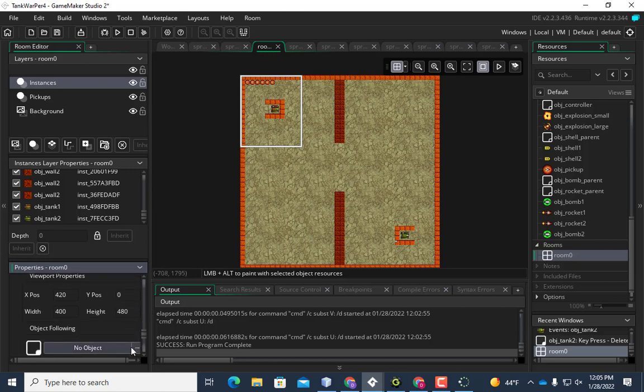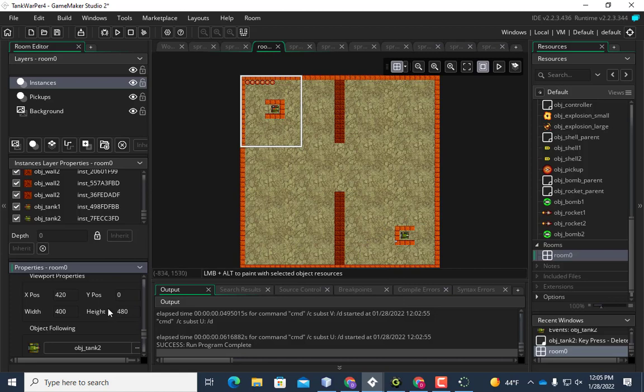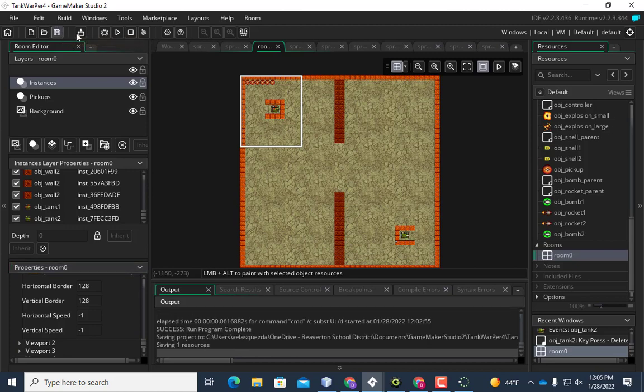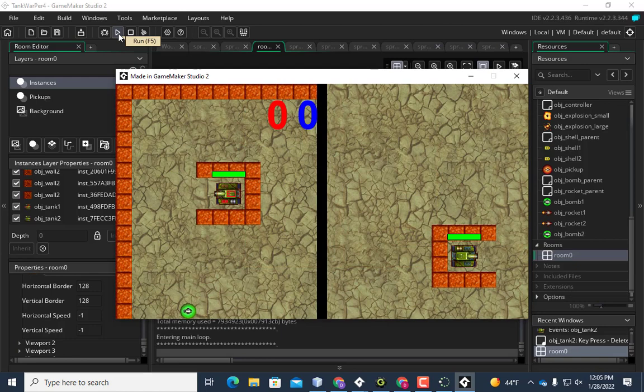And then for object following, the next thing, here we're following tank 2. So there's tank 2. And then what should our border be again? And we're saying 128 and 128. All right, so let's try it. And my hope is that we'll see two panes now on the screen. One with tank 1 on the left and another one with tank 2 on the right. Okay, so